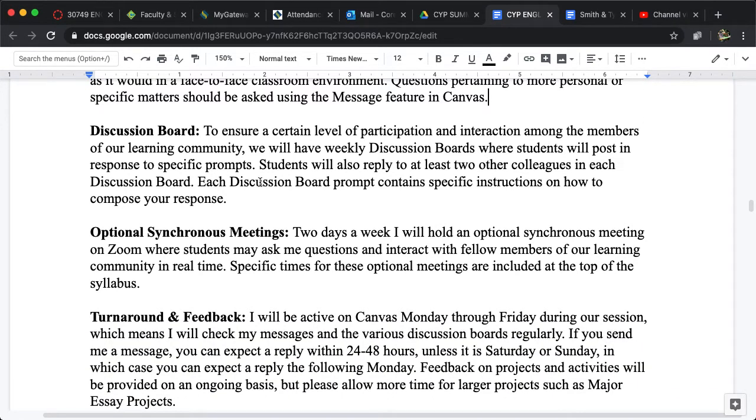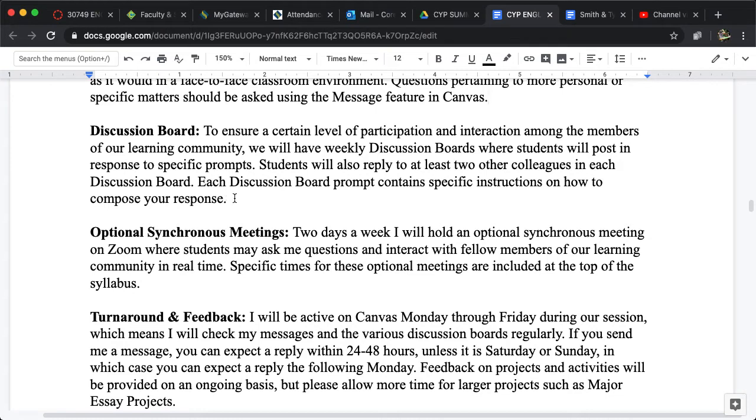Discussion board. To ensure a certain level of participation and interaction among the members of our learning community, we will have weekly discussion boards where students will post in response to specific prompts. Students will also reply to at least 2 other colleagues in each discussion board. Each discussion board prompt contains specific instructions on how to compose your response.